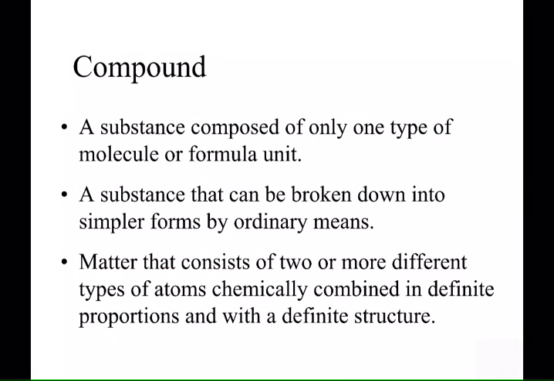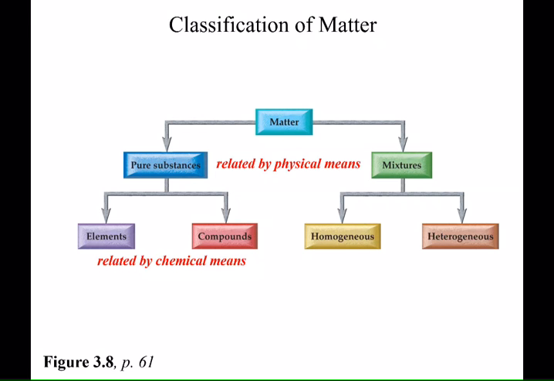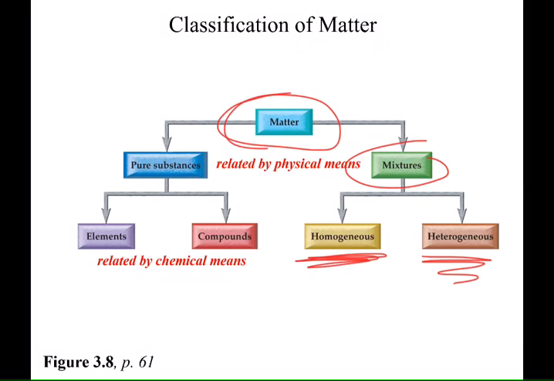Okay, this slide actually kind of breaks down matter. Matter, of course, is anything made up of atoms, and atoms have mass and occupy space. And so matter can either be a mixture. If it's a mixture, it can be the same throughout, a homogeneous mixture. It can be chunky, a heterogeneous mixture. Now, if it's a pure substance, it can either be an element, and that's a chunk